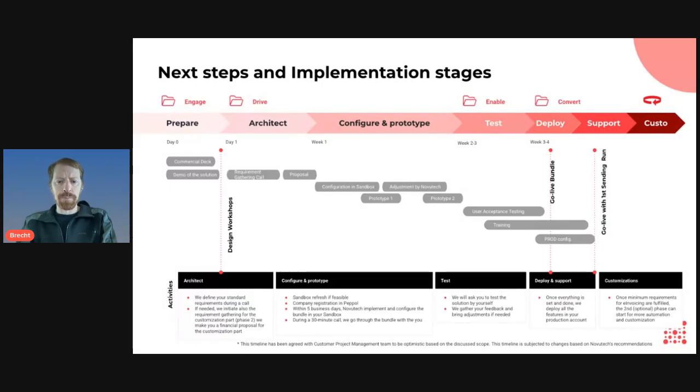We really focus on getting the core right, getting you a proposal based on your requirements, getting you onto the right invoice provider, and then getting you to start testing the core functionalities. We look at customizations at that stage already, but it's important to note that we want to do the customizations at the very end, as you can see in this timeline. We first want to focus on the minimal product so that you can actually send and receive e-invoices, and that you can test that in your test environment. We can run some training as well